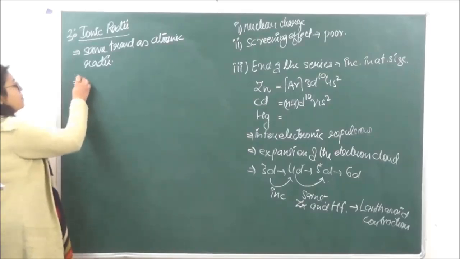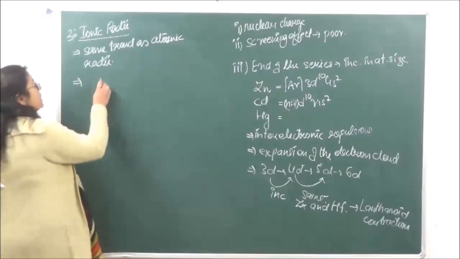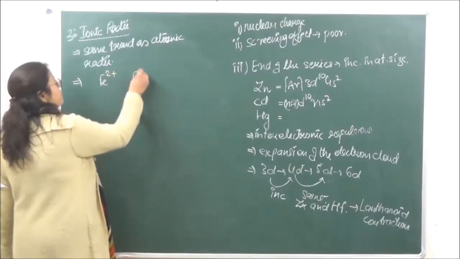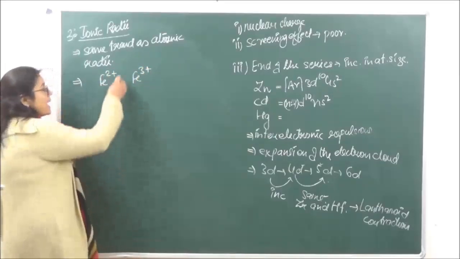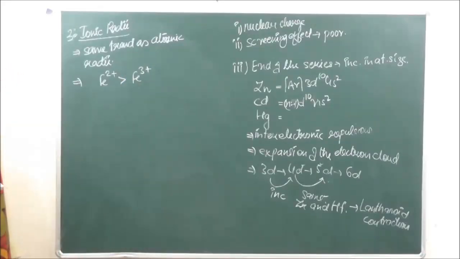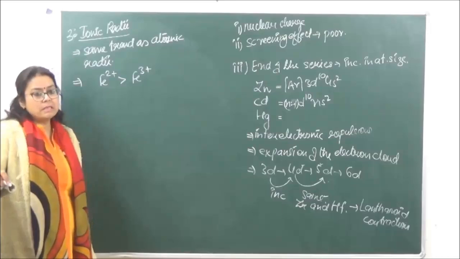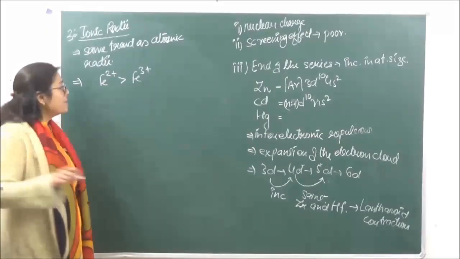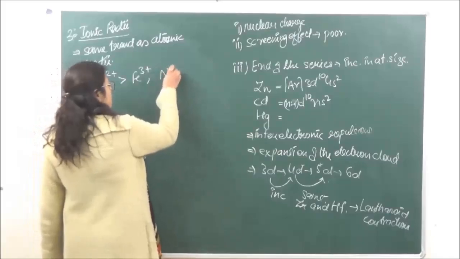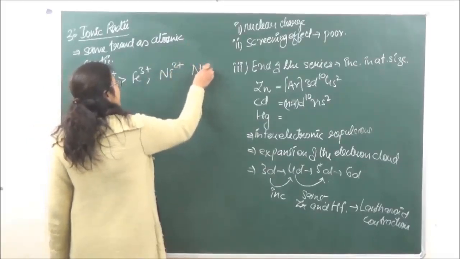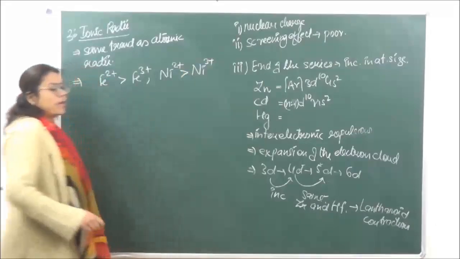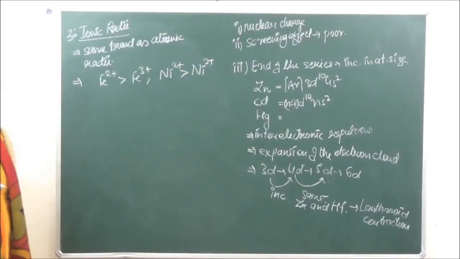But if we have variable oxidation states, for example Fe2+ and Fe3+, then Fe2+, the one with the lower oxidation state, is going to have the greater ionic radius. ठीक है? Because of effective nuclear charge. In case of Fe3+, the effective nuclear charge increases, so the size decreases. Same is the case with Ni2+ and Ni3+: the ionic radius of Ni2+ is going to be greater.